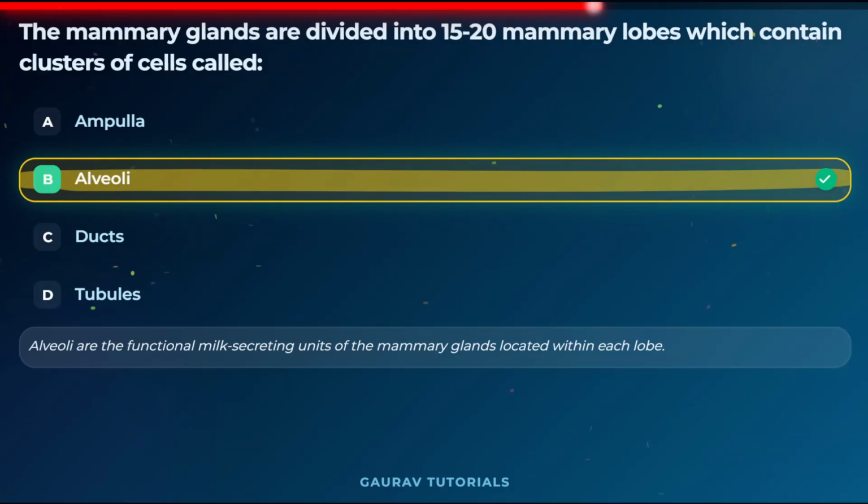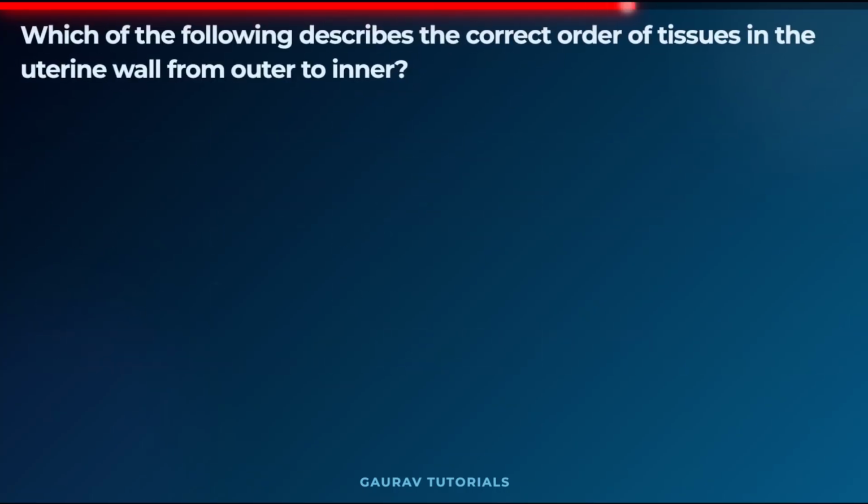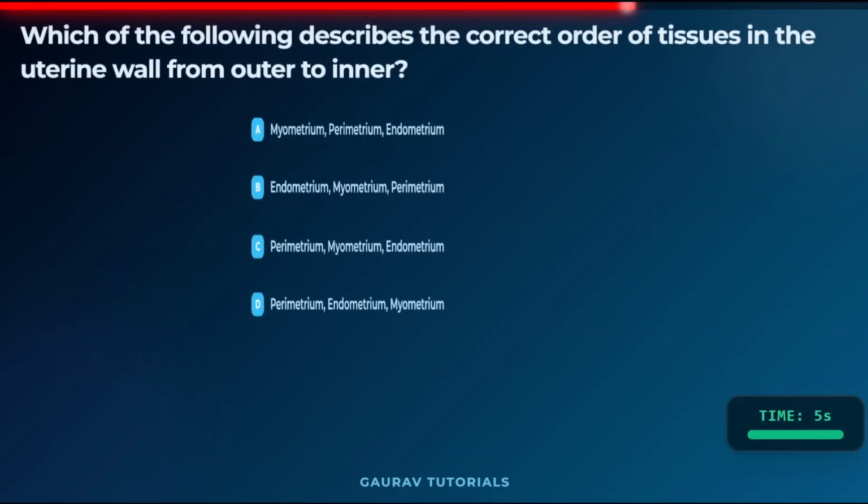Option B, alveoli is the correct answer. These are the functional milk secreting unit of the mammary glands, which are located within each of the mammary lobes. The next question is: which of the following describes the correct order of tissue in the uterine wall from outer to inner? The options are: